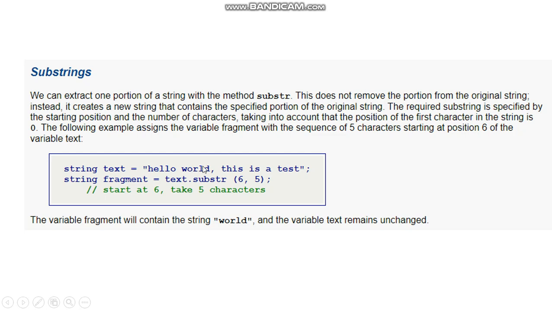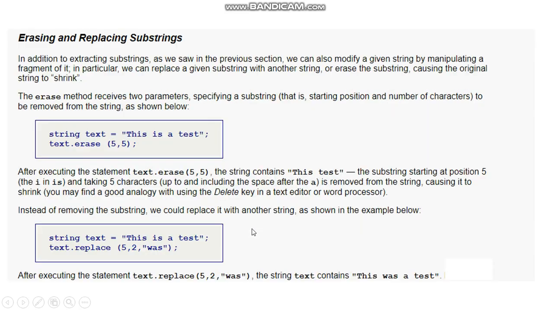So a total of 5 characters will be extracted from the given string. That substring, the word, is extracted from the given text and assigned to the variable fragment. So the variable fragment will contain the word world.